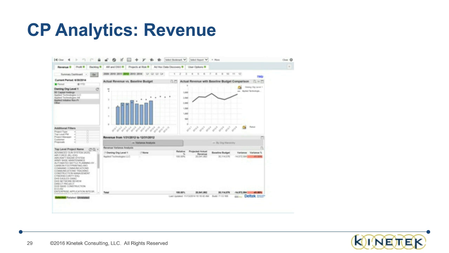From the user options field, we can identify things like I want to see my data by period to date or year to date. I want to see my data by owning organization or performing organization, and then that cascades across everything that we're looking at. We can select the organizational level that we want to see our information at, or we can see things by project type, by top-level PM, or by some lower-level project manager, by customer, or what have you.